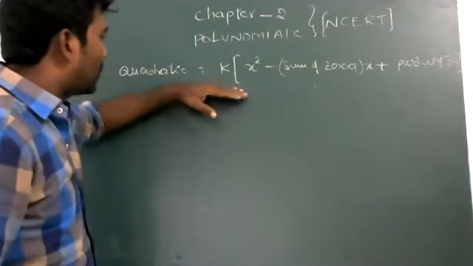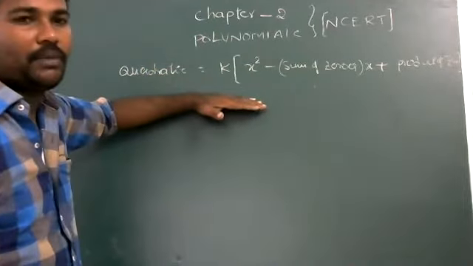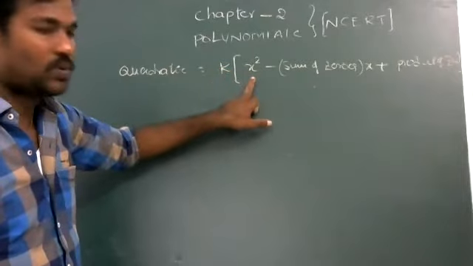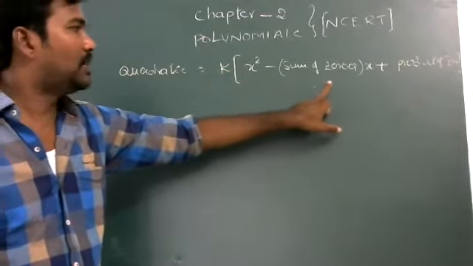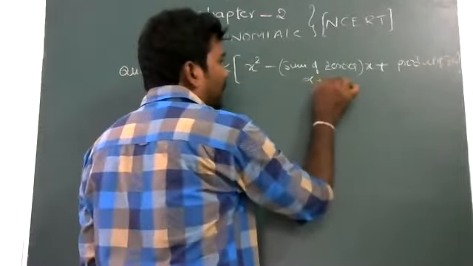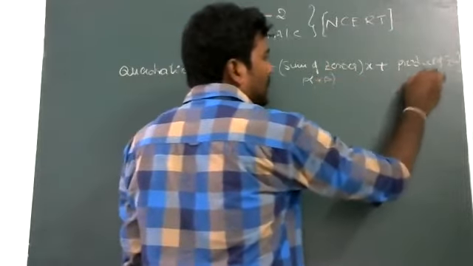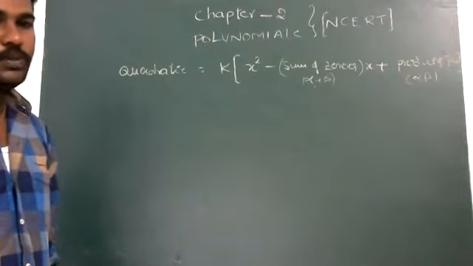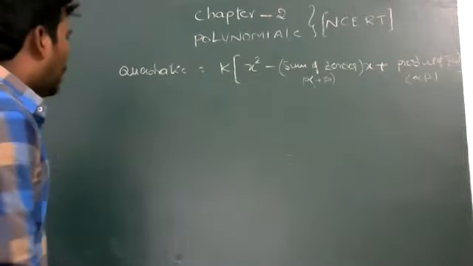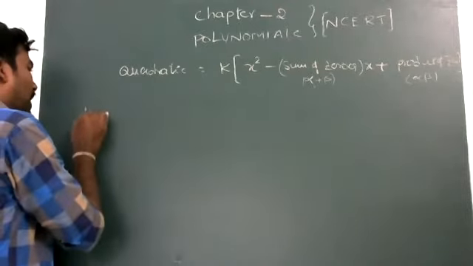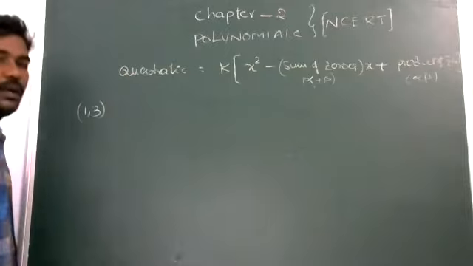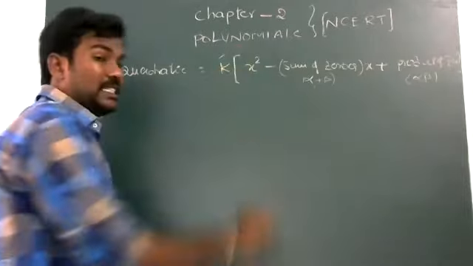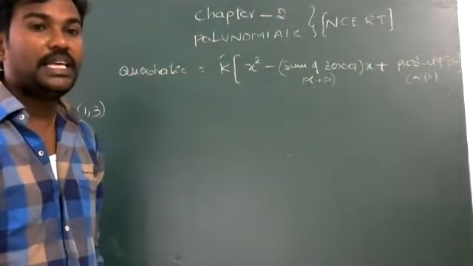So once again, how can you form a quadratic polynomial? This is the formula. k into x square minus sum of the zeros, that means alpha plus beta, and then product of zeros, this is alpha beta. Is it clear? Now suppose, for example, 1 and 3 are the zeros of the quadratic polynomial. Now I want to discuss this k. What is this k? This is the LCM of the